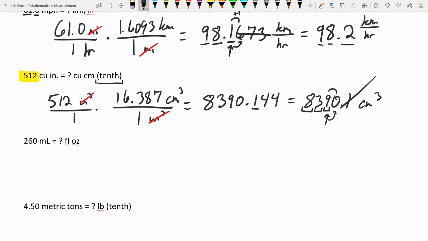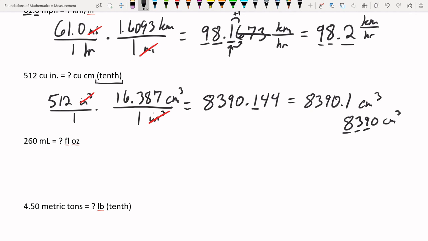Everything past the 9 in this case, everything past the point where we round to, is going to be changed to zeros if it's further to the left of the decimal point. If it's further to the right, then we just drop the decimal. So we have 8390 centimeters cubed. This has 1, 2, 3 sig figs. This has 1, 2, 3 sig figs. So it matches our answer's